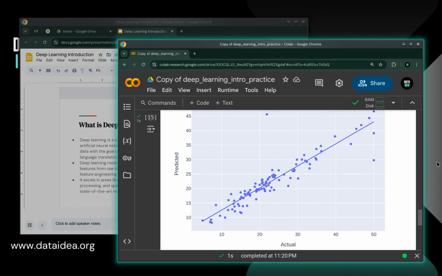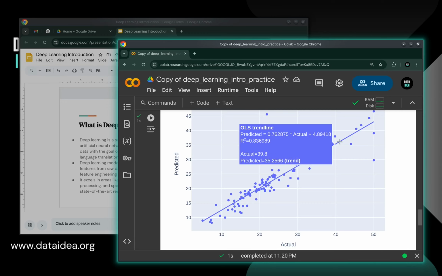Okay, yeah, so this is our graph. Looking at our graph, I think our model is doing quite well. If we come to the trend line, we can see that our model is showing an R squared of about 84%, 0.83. The optimum is 1, which if converted to a percentage is 100. So our model is doing well so far, and I would like to stop at this point,